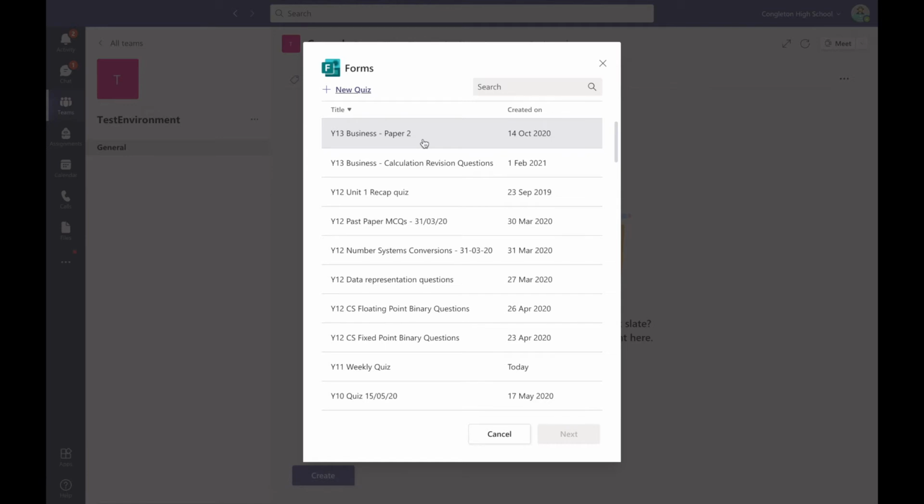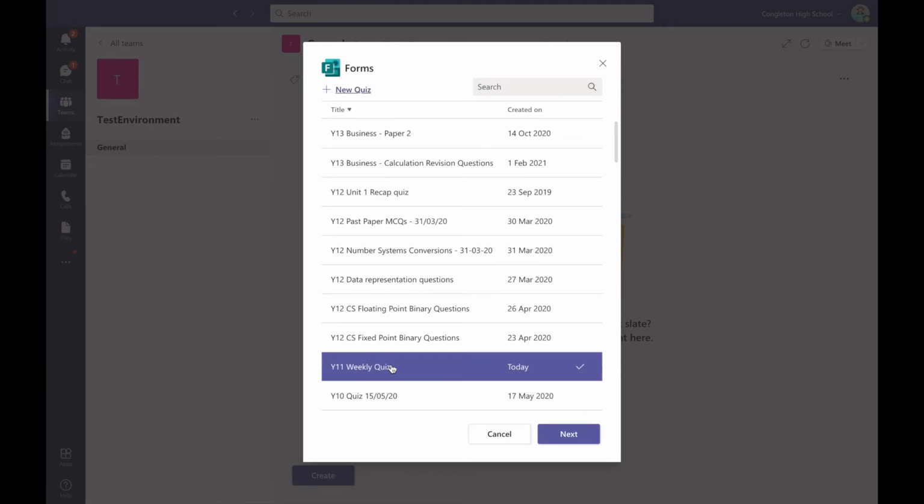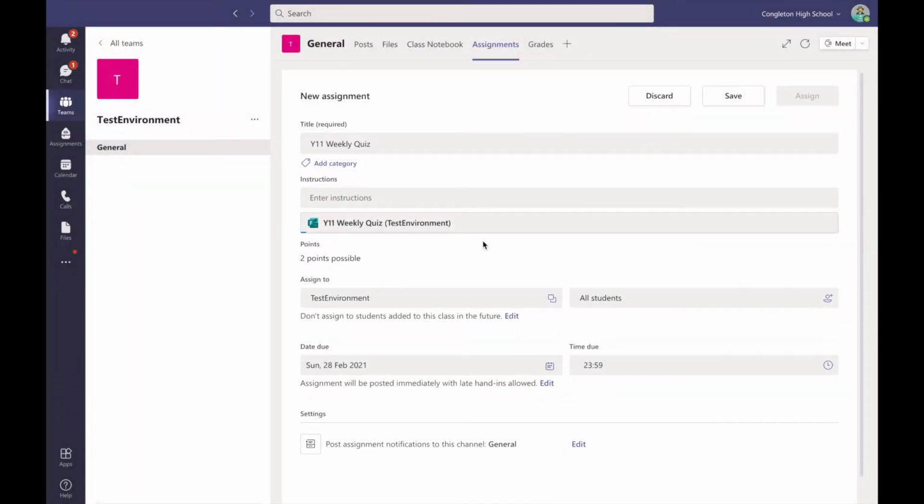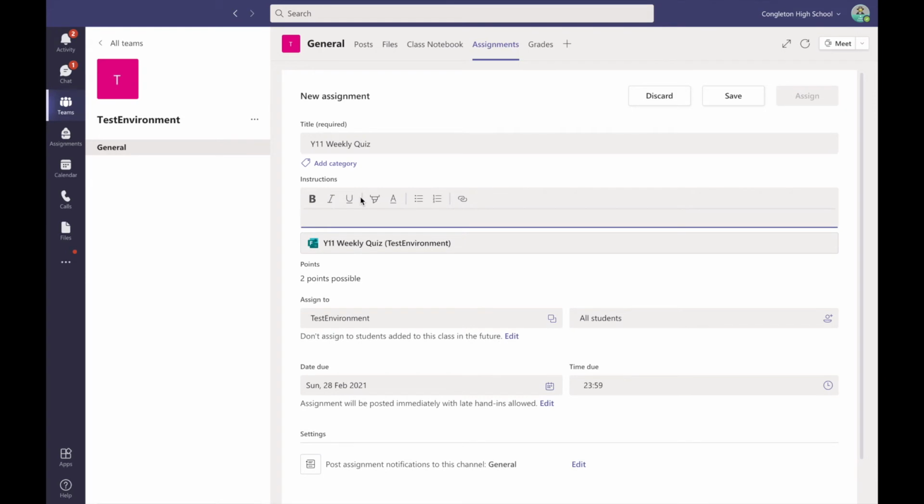So in the previous video about creating a quiz using Microsoft Forms, we created the Year 11 weekly quiz. So I'm going to select that one. So I select it and press Next. At this stage, I've got all of the different settings that I had when I created my previous assignment. So I can enter some instructions, read each question